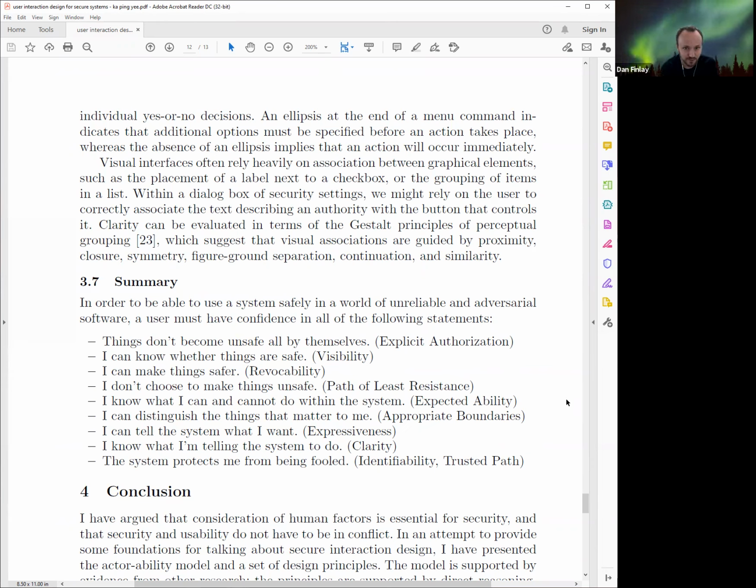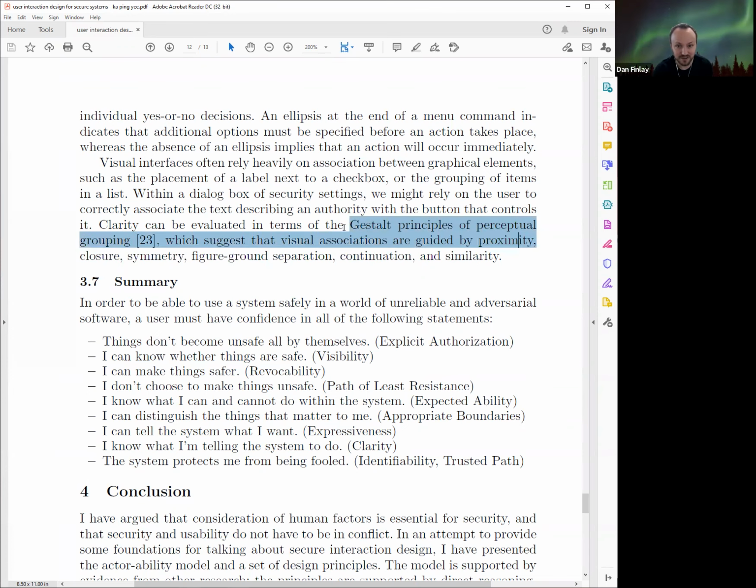Visual interfaces often rely heavily on association between graphical elements, such as the placement of a label next to a checkbox, or the grouping of items in a list. Within a dialog box of security settings, we might rely on the user to correctly associate the text describing an authority with the button that controls it. Clarity can be evaluated in terms of the Gestalt principles of perceptual grouping, which suggest that visual associations are guided by proximity, closure, symmetry, figure-ground separation,